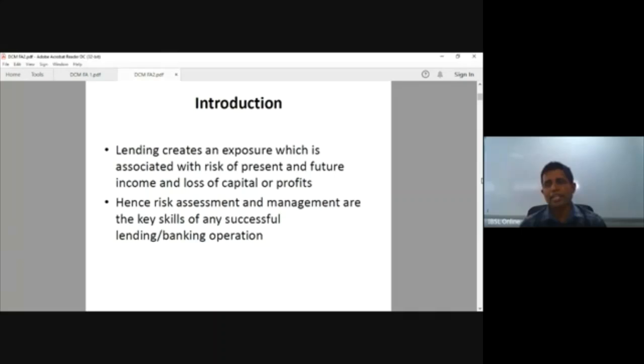In the banking industry, you have to take the risk. Otherwise, if you don't want to take the risk, you can easily put all the deposit money you have in treasury bills and treasury bonds. Those are called risk-free investments, right? You have to take a calculated risk. That's why you have to correctly assess the risk and manage the risk. In order to manage the risk, you have to incorporate some corroborative controls while you are lending, right?